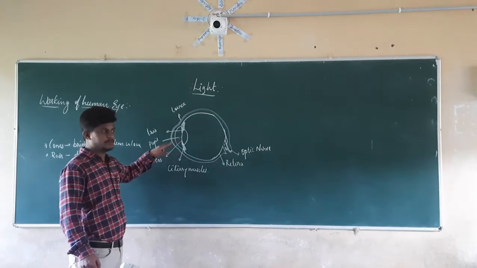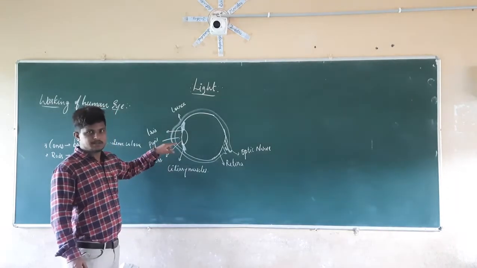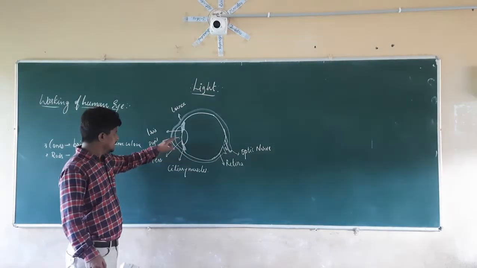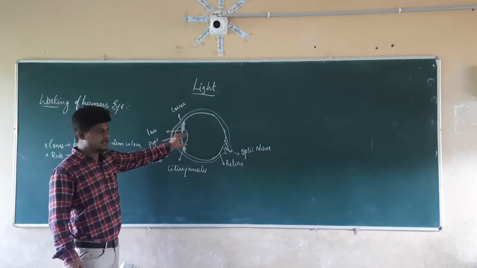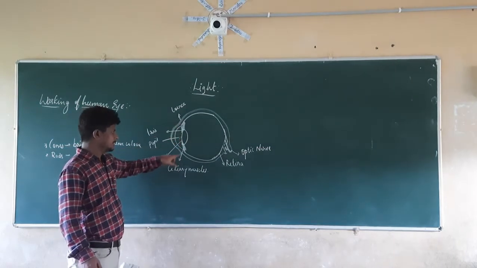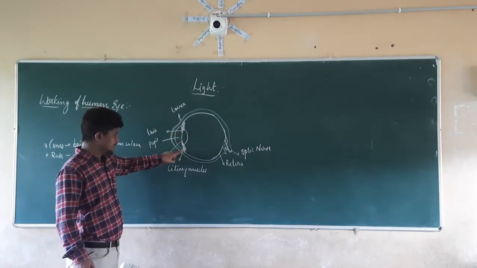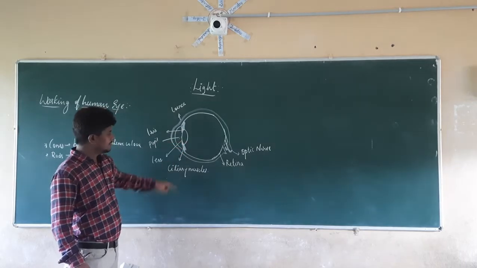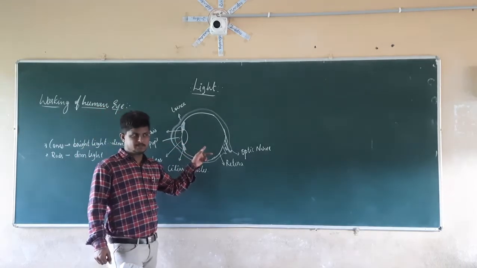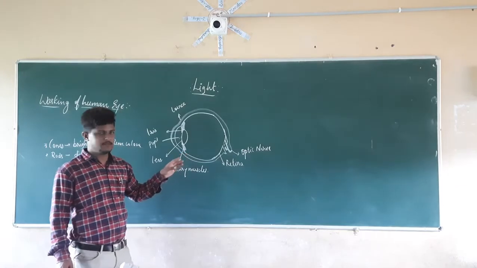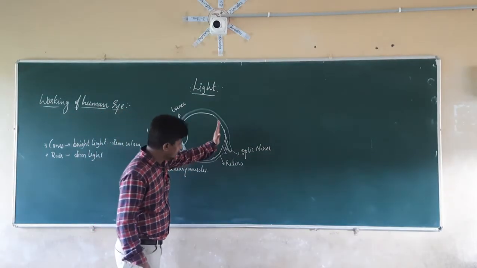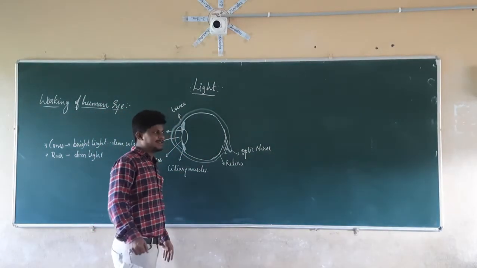The lens helps us with the refraction of the light. The lens is connected to the eye by the ciliary muscles. Here, these are the ciliary muscles which are connected to the lens. In the same manner, here the vitreous humor is present. That is nothing but a combination of cells. Here the sensory cells are present. Those sensory cells are nothing but what?